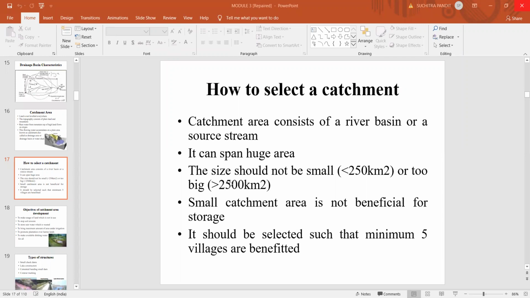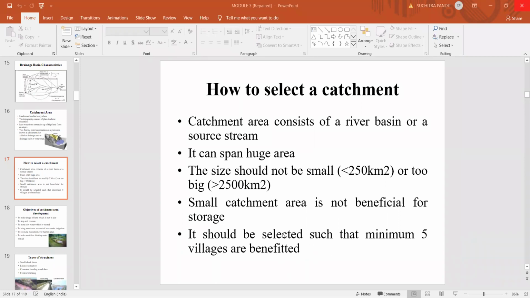If you take a big catchment area, then in such a case you have to divide the bigger one into small parts, and each part has to be analyzed separately. A small catchment area is not beneficial for storage. So if it is less than 250 square kilometers, it should be selected such that a minimum of 5 villages are benefited,